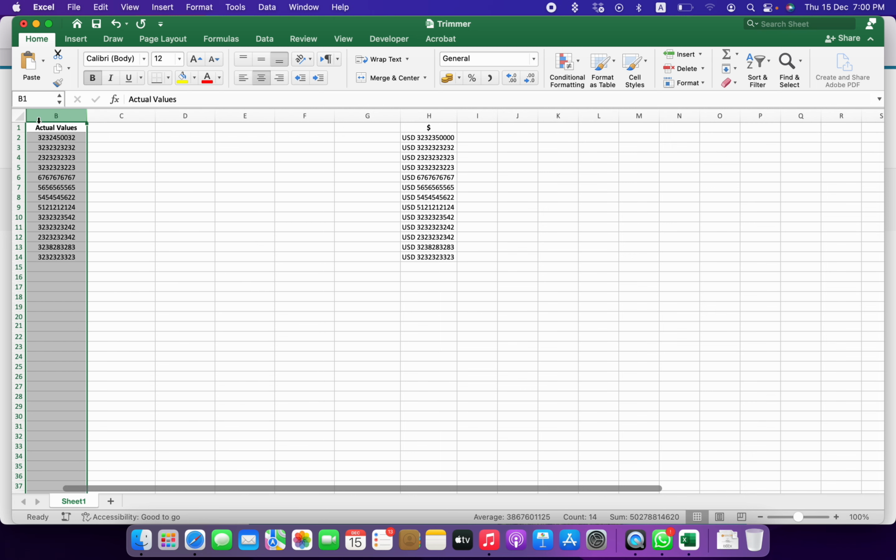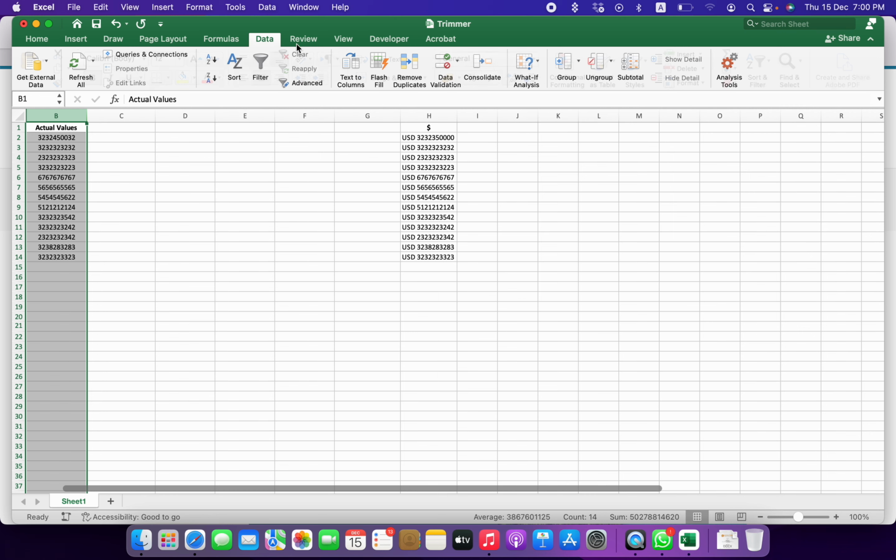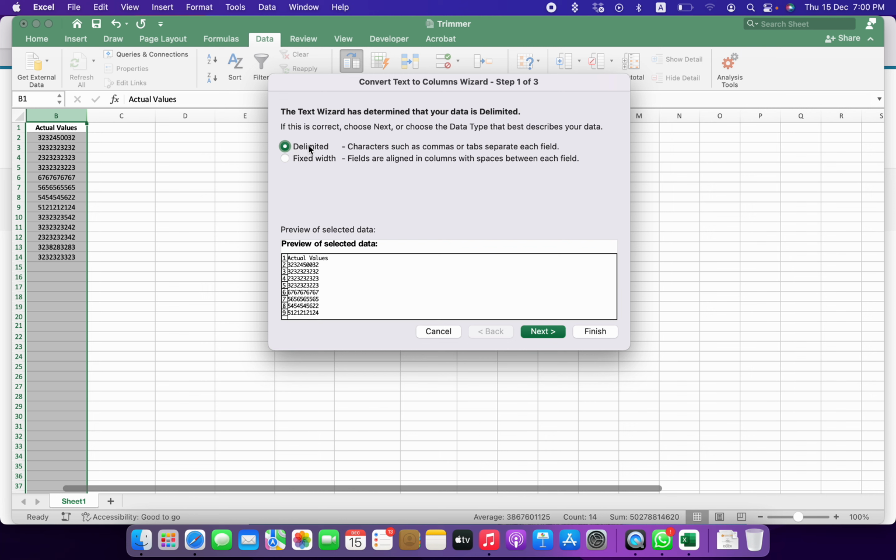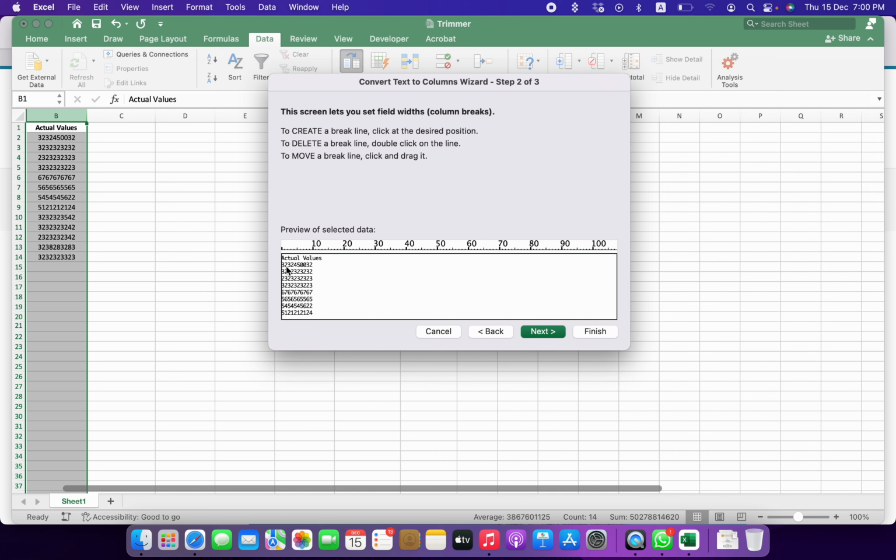So what I will do, I will just select this column, I will go to the data tab. Here is this option called text to columns, and you select fixed width over here. So you will be selecting a fixed width that will be segregating those, and then you click next, and here is your actual data. You can create a break line where it needs to break. For example, 1 2 3 4, this is the break before 45. So I will just click over here, it will put one line which is